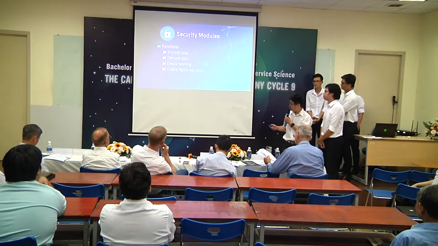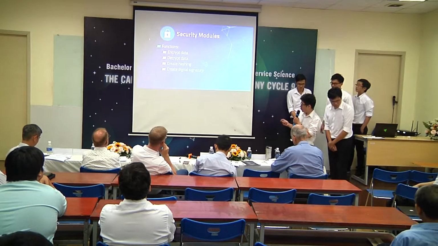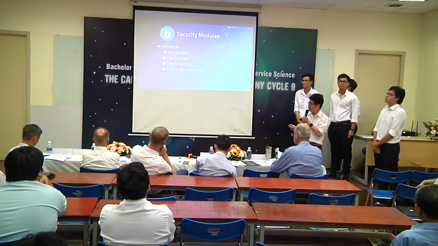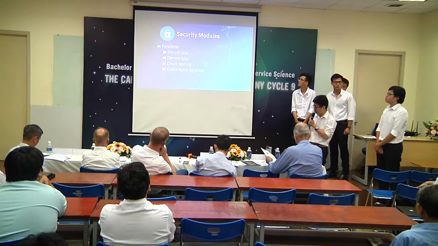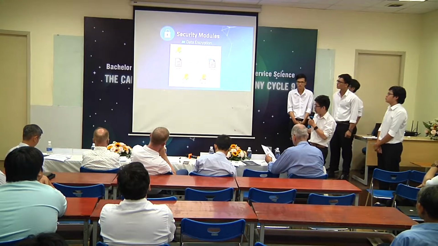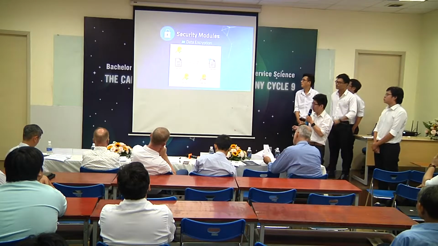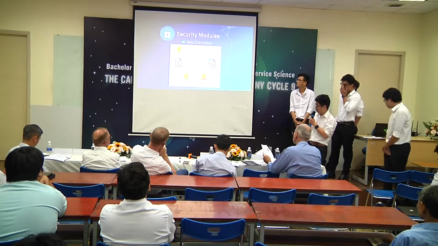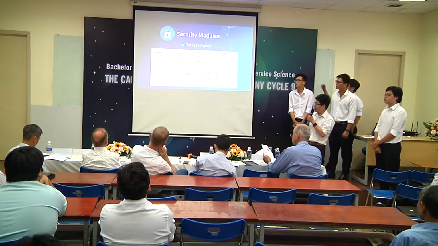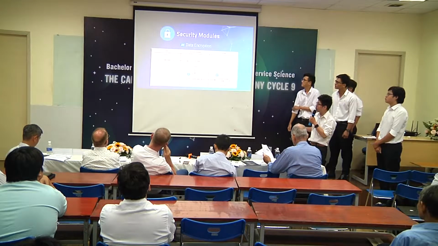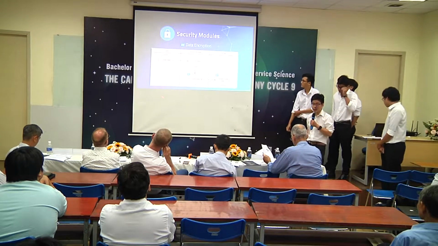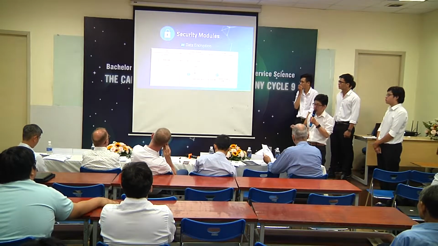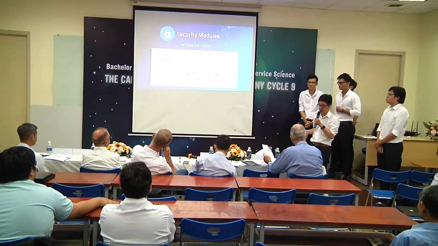Hello, I'm Jim. This is about the security module, which has 4 functions: encryption, decryption, hashing, and digital signature. As you can see, there are 2 keys: the public and private. The public key will be used for encrypting the plain text to the ciphertext. And to apply this to our project, the client will send the data to the server, and the encryption module in the server will encrypt this data and store it in the database to ensure security.